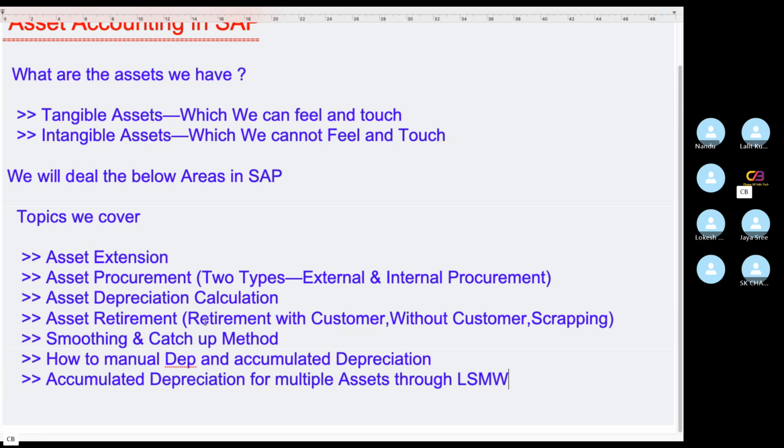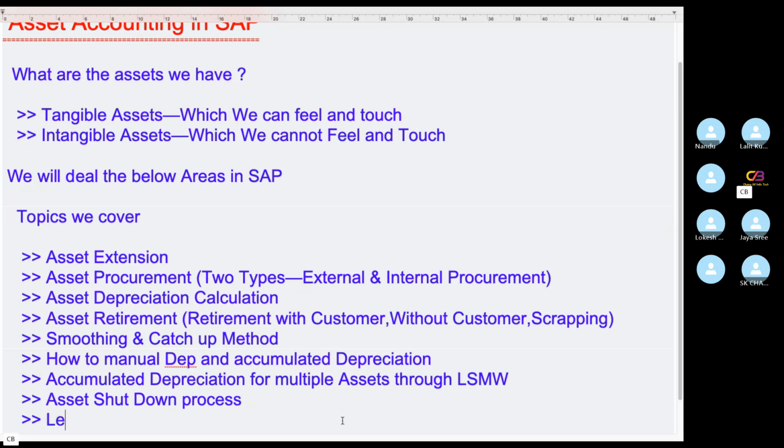Manually, how we can upload these things we'll discuss, and some real-time asset shutdown process. Asset shutdown process we'll discuss,